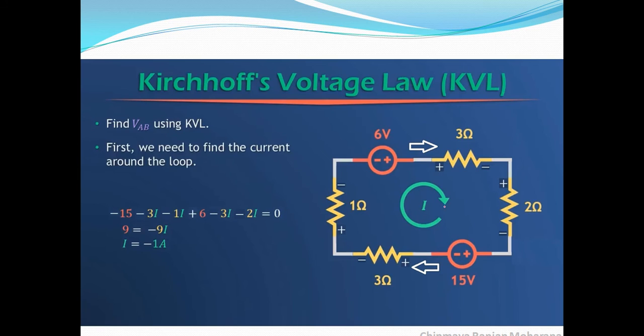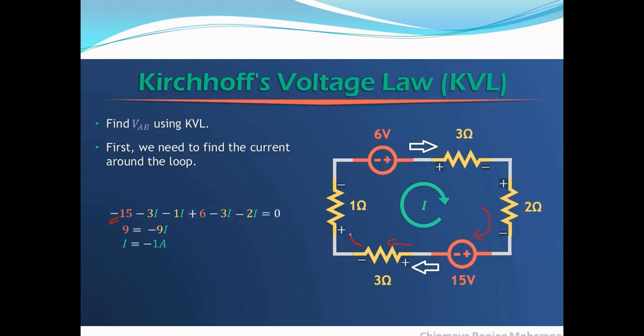By applying the loop, from this point I am starting, according to our formula and our assumption, positive to negative shows as negative, that is minus 15. Then it comes here. Clear? The current is entering here, positive to negative means again minus, that means 3 into I. Clear? That I current flows, 3 into I.